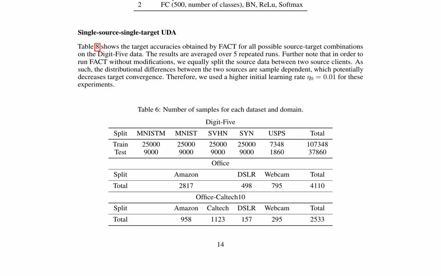Additionally, the supplementary materials provide a table detailing the target accuracies obtained by FADA for all possible source-target combinations on the digit 5 dataset, further emphasizing the adaptability and effectiveness of the proposed method. Overall, the research presented in this paper contributes significantly to the field of multi-source domain adaptation, offering a novel approach that leverages federated learning to enhance target domain performance. By providing comprehensive experimental results and detailed implementation details, the authors have established a foundation for future research in this